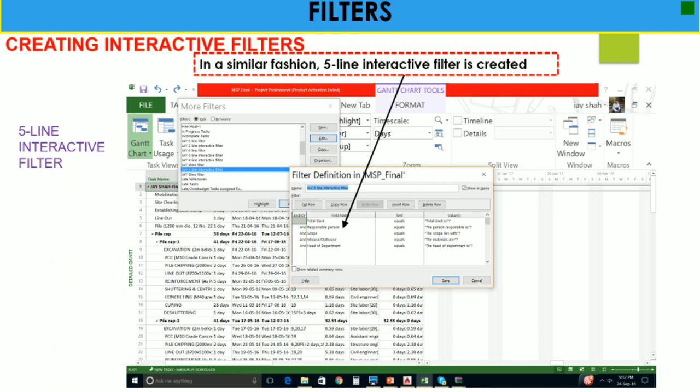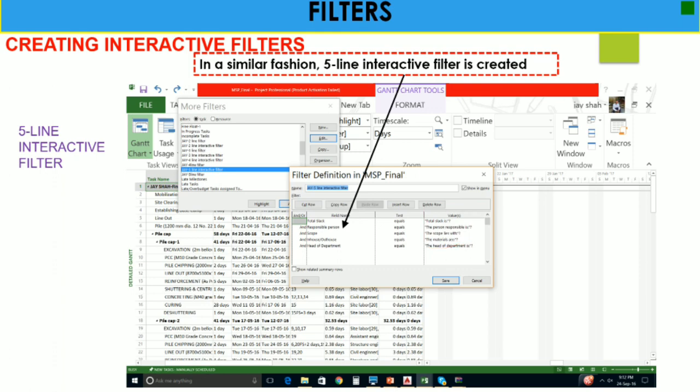The value tab will contain different questions which will be interactive further: Responsible Person equals to, Scope equals to, In-house or Out-house equals to, Head of the Department equals to. So all these values are interactive questions for your project.